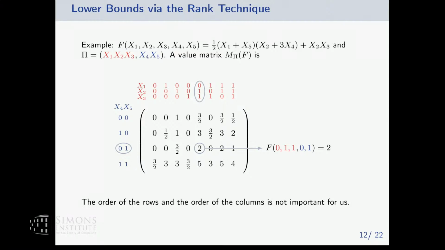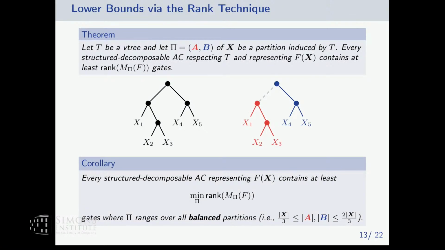The order of the rows and of the columns is not important for us. We're going to take the rank of that matrix, and the rank is invariant under permutation of columns and rows. Good, and so the theorem is that, if you give me a V-tree, so remember that thing, and